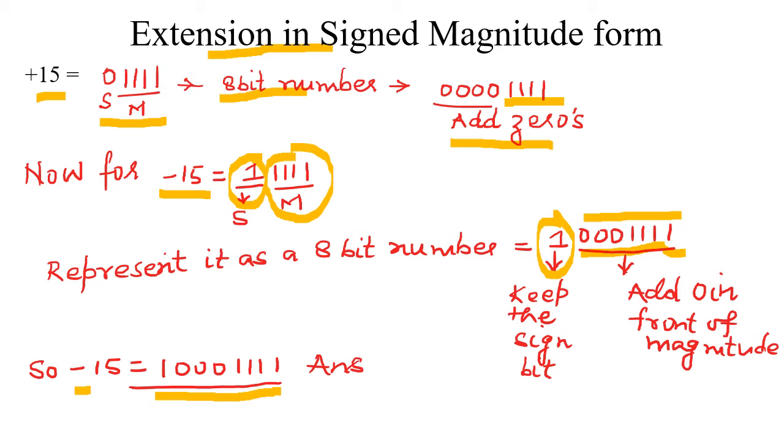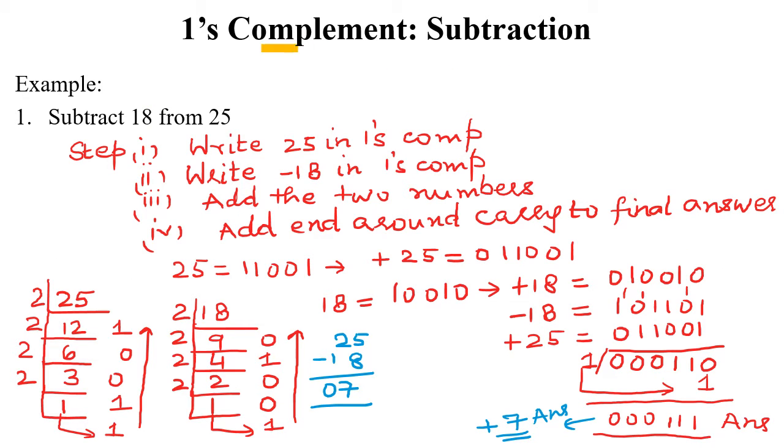Next, ones complement subtraction. Now if you have to subtract 18 from 25, मुझे 18 सब्ट्रैक्ट करना है 25 में से, दैट मीन्स मैं 18 का वंस कॉम्प्लीमेंट लूँगी, 25 का वंस कॉम्प्लीमेंट, देयर विल बी नो चेंज. फर्स्ट फाइंड द बाइनरी इक्विवेलेंट ऑफ 25 and 18. Then write the complement of minus 18, add the two numbers and then add end around carry to the final answer. जो 25 है वो क्या हो जाएगा,